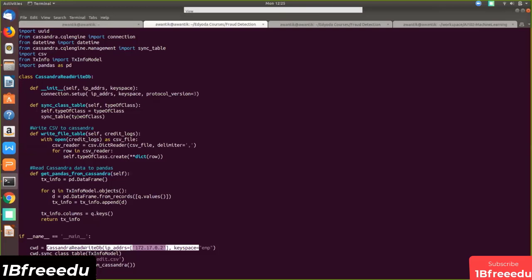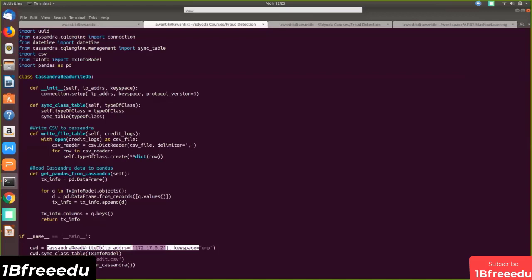Now we will be reading contents from different CSV files and syncing them to Cassandra. This is one file here, credit log. Of course, you can call this function multiple times from different systems. For the CSV file we are using DictReader. This will convert each row into a dictionary where the key will be the column name and the value will be the corresponding value. Its delimiter is comma, and that's what you are configuring.